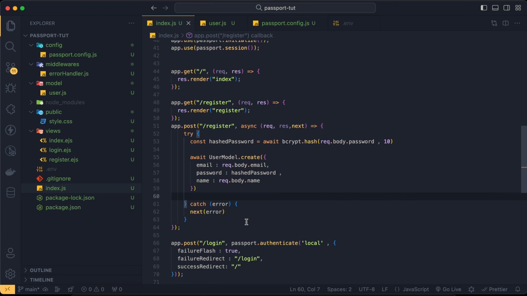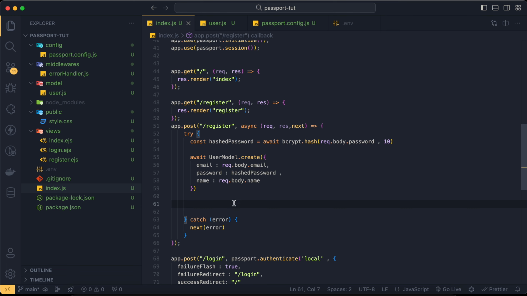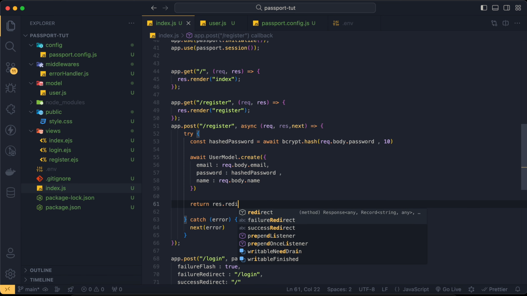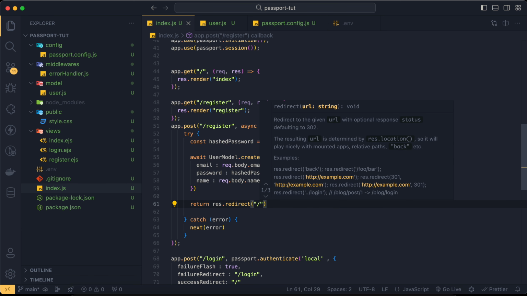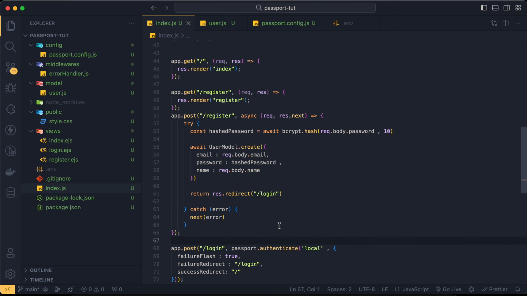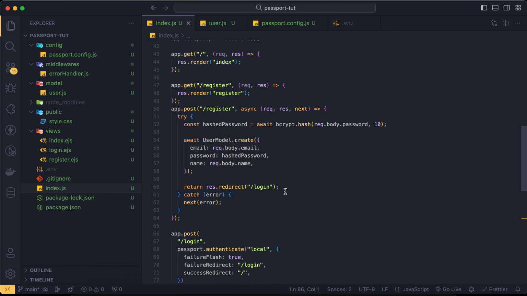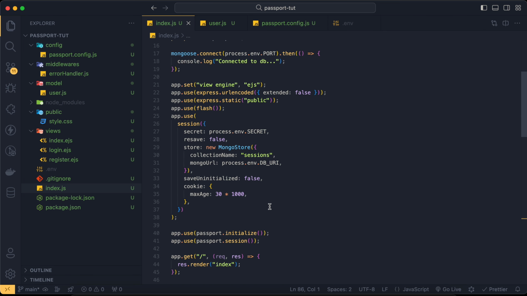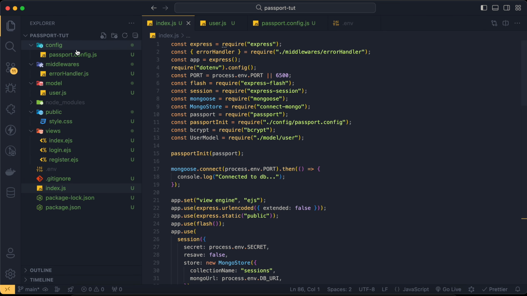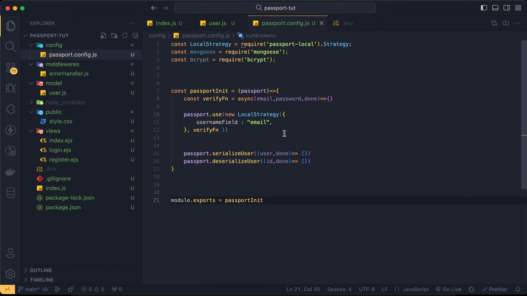Alright, so we're almost done here. The next thing I want to do, in case everything is actually working, I'm just gonna say return res.redirect. I'm gonna redirect them to the login page. Alright, so let me format this, and I think we got everything working, so we could finally go ahead and... no, actually